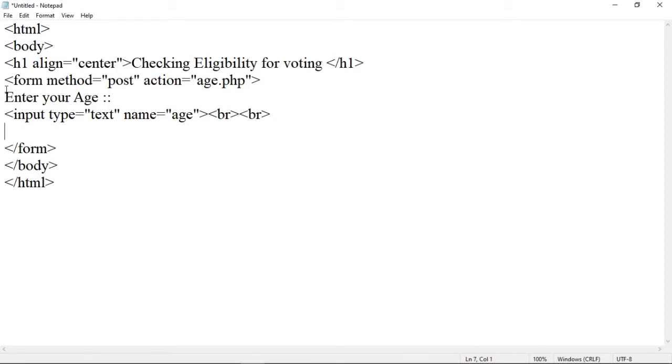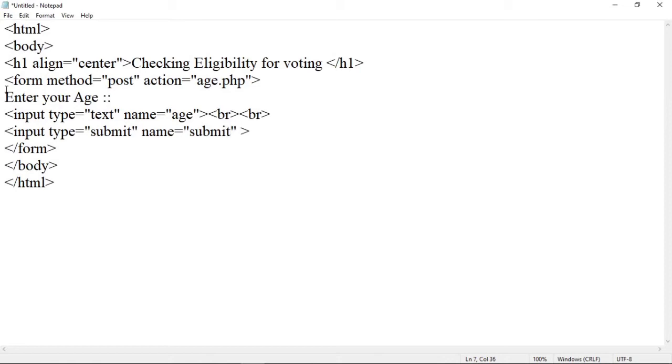Now whenever the user enters the age, after that we have to click on the button. So for that we should create a button here. To create a button, again use input, type is equal to submit, then name is equal to, provide here a name, suppose it is submit.